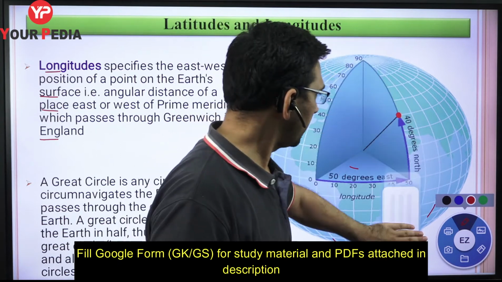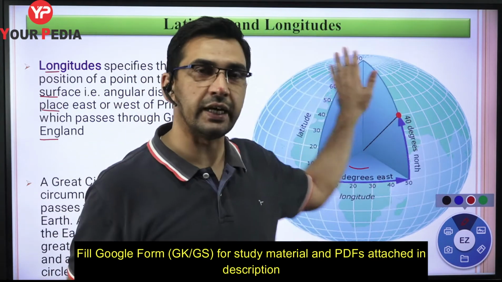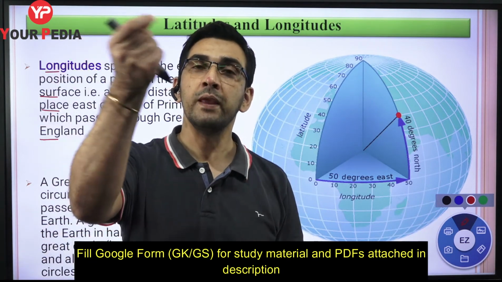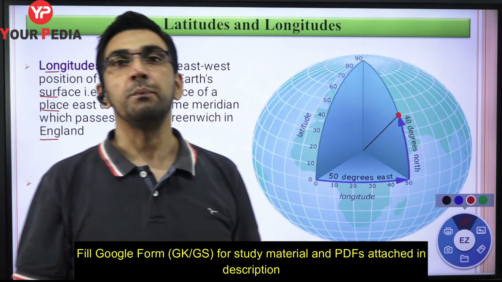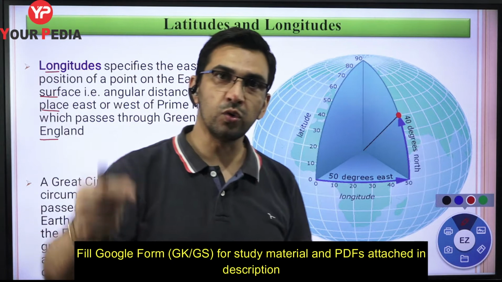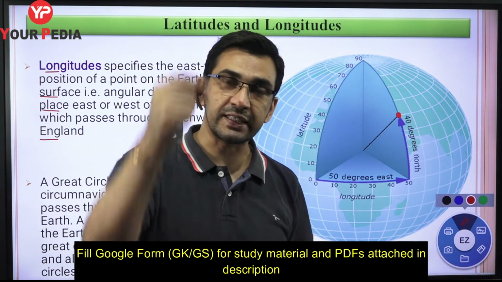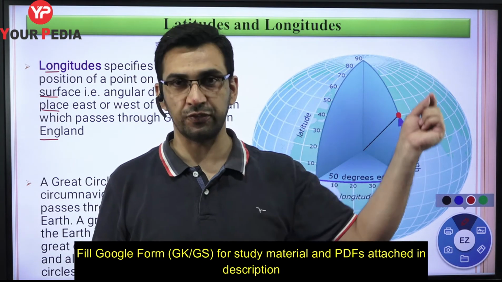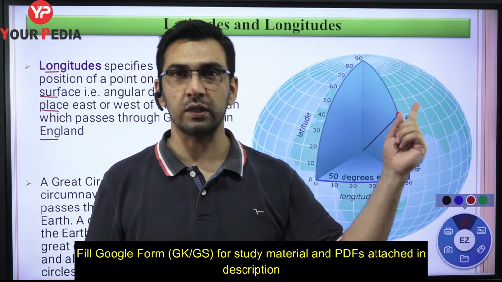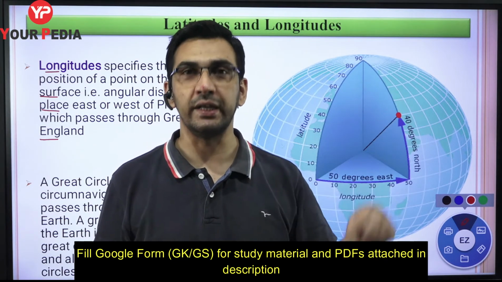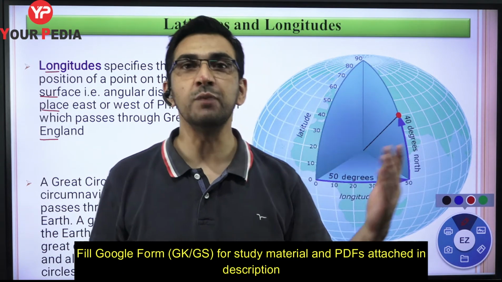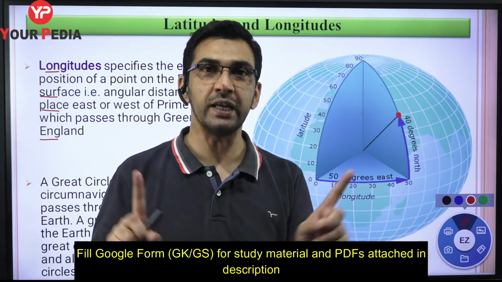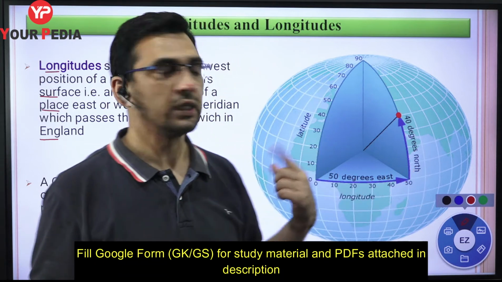So meridian, simply, let me just let you know now, is simply the angular position either to the north, either to the east or west of a meridian called as what? Prime meridian, right? Since you could have n number of points at the same longitudinal position, and if we join all those points, then you're going to have a curve running on the surface of the earth, running from north to south or south to north, right? And that curve we call a meridian, right? So you could have n number of meridians, depending upon the longitudinal position of those points, right?